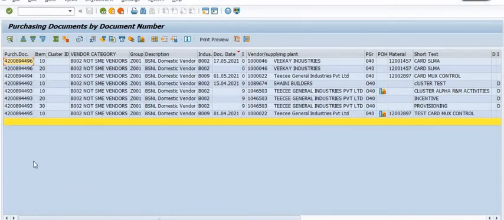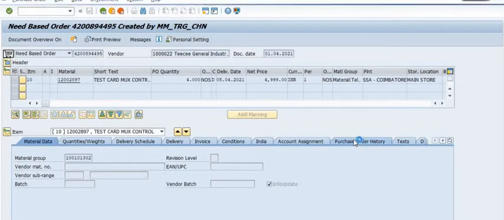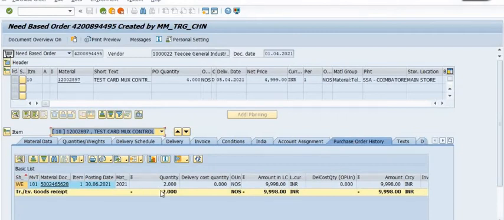See, these few purchase orders are open due to good receipt, due to partial good receipt. Okay. So this purchase order is created for the material of 4 quantity. Okay. Go in the purchase order history. See, the good receipt quantity is 2, PO quantity is 4. So partial good receipt is done here. 2 quantities still pending for the GR good receipt. Okay. So we need to short close this 2 quantity.